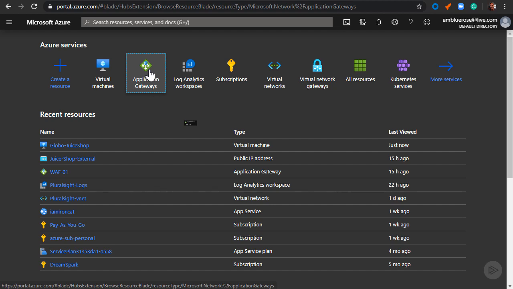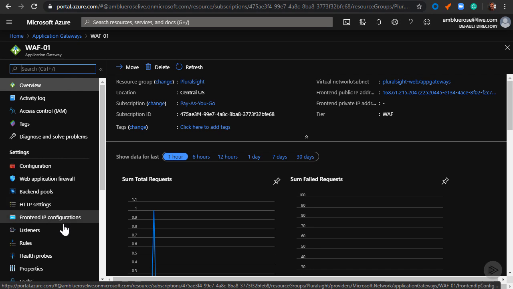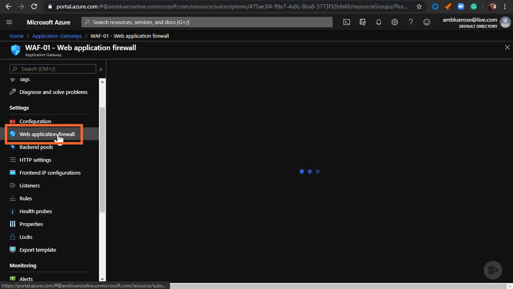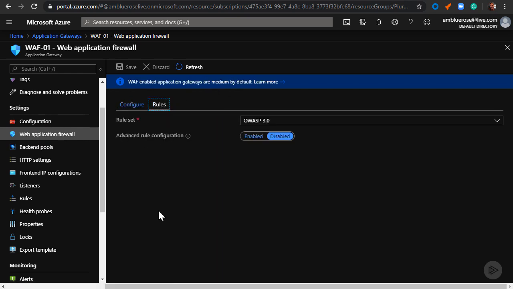But hold on, not all application gateways are created equal. You have to have a medium instance or greater to enable the web application firewall feature on the application gateway as well. Now, there are plenty of other courses on Pluralsight on setting up application gateways in Azure, so you can check those out for a more detailed setup. But once provisioning the web application firewall, you can see the WAF tab on the left here. Set to detection, not prevention, and with the OWASP 3.0 rules enabled.